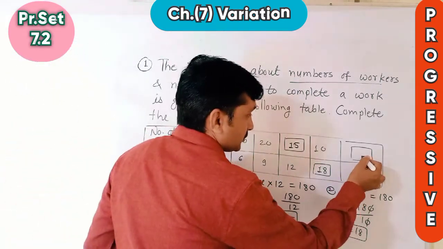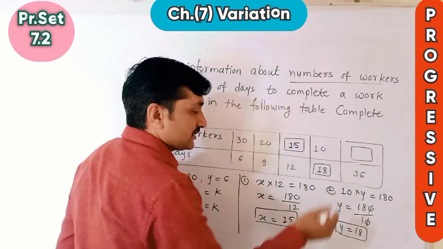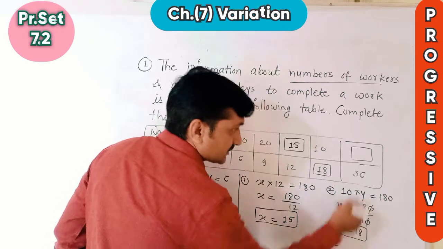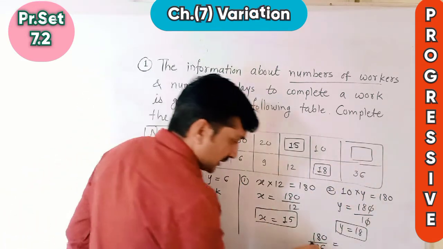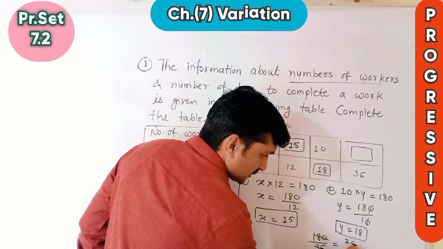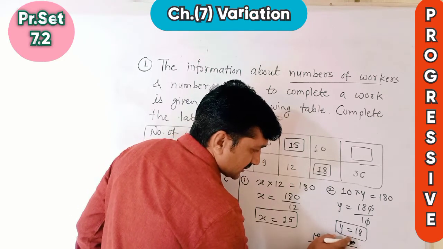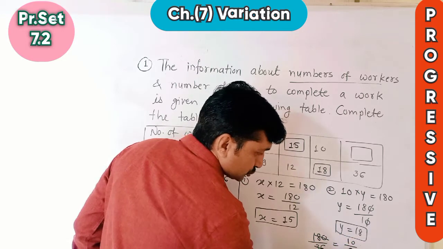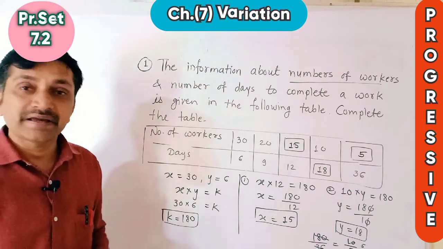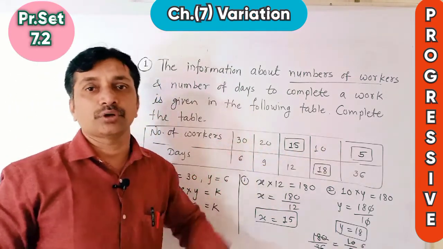Here also same. x is not given, y is 36, then 180 divided by 36. Whatever answer will be here, now you can reduce. If you cannot divide by 36, then divide by 18. We are dividing by 18. 18 1s are 18, 0, and 18 10s are 180, 2 1s are 2, 5s are 5. In this way, by keeping k constant, we can find any one of the values, either x or y.